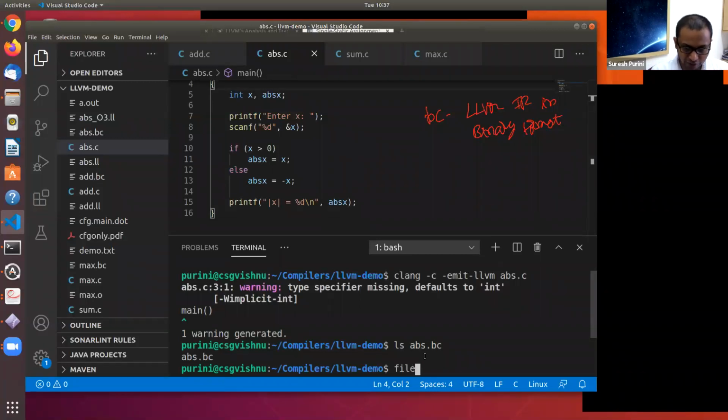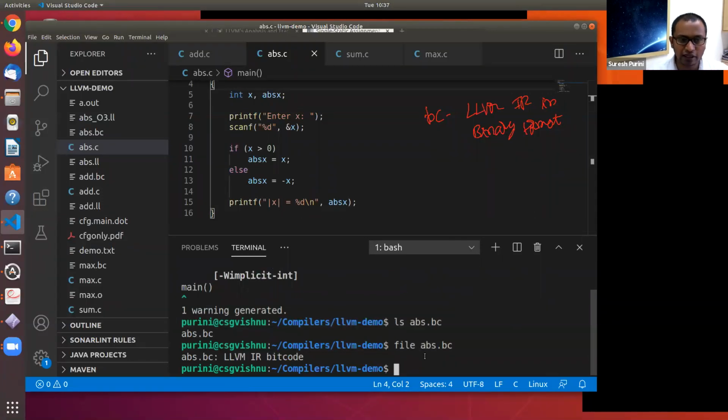If you check file abs.bc, you will see that it contains LLVM IR. This is what is called the bitcode format. This is not textually readable. But there is this interpreter, the LLI interpreter, and this is like a virtual machine for LLVM IR.